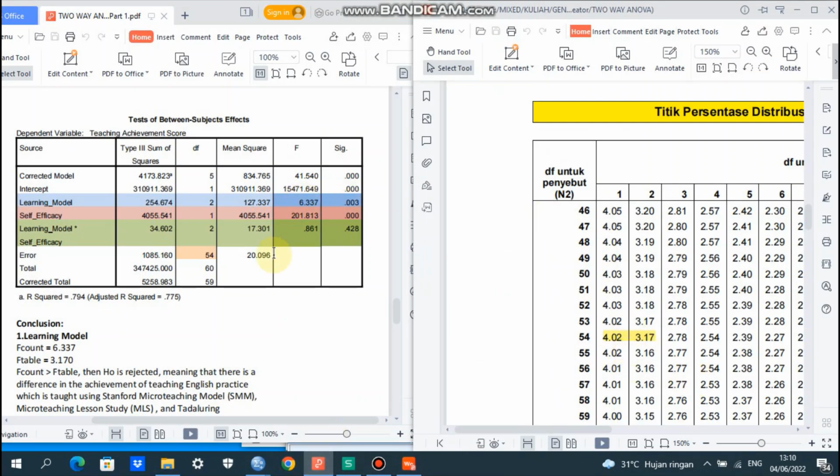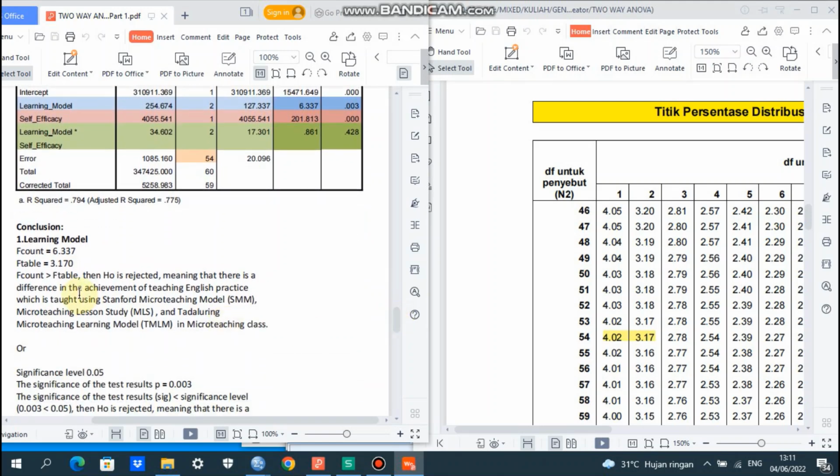So for DF2, the learning model, and for N2 here, 54. For the N2, 54 is 3.170. Okay, so what is the conclusion?